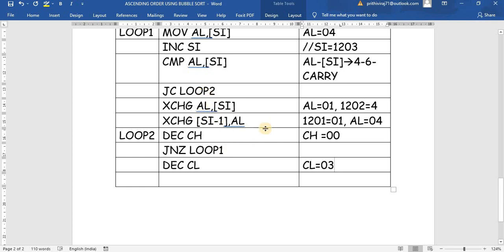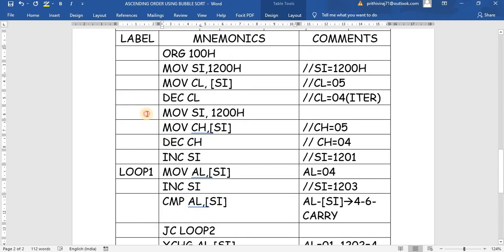We have done the first iteration. In the first iteration we have done the n-1 comparisons. So comparison becomes 0, and now iteration becomes 0 3. So once iteration becomes 0 3, I will be checking whether the iteration counter becomes 0 or not. So jump not zero: if iteration is not 0, then jump to the loop 2. So now where will I load the loop 2? For each iteration I should start the new comparisons, right? So I will give the loop label over here.